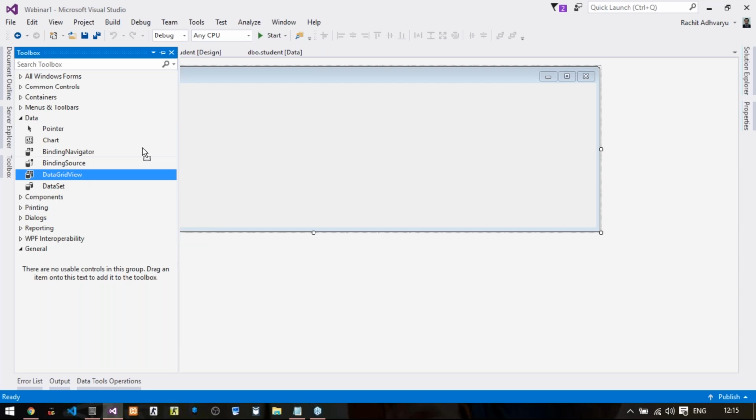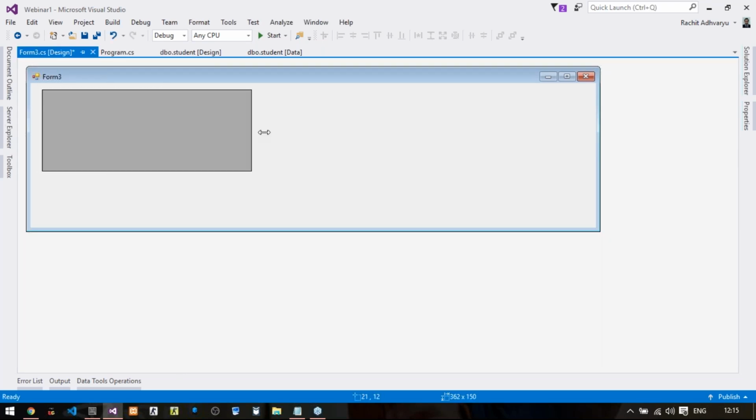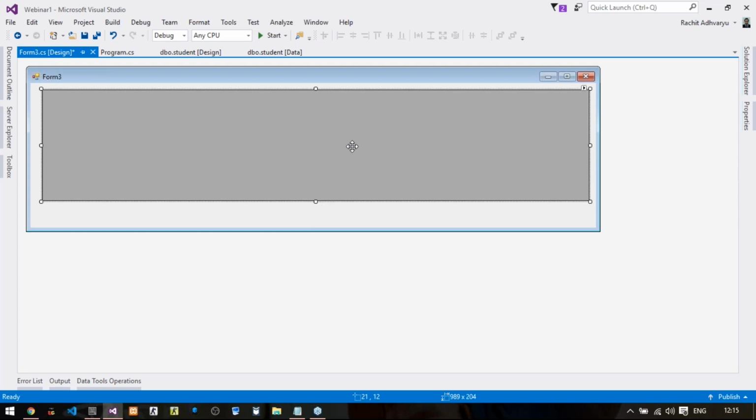I will just drag and drop here and set it as per my GUI requirement. Let us say like this. Right now, this data grid view is an inbuilt control that creates a table automatically. But right now you cannot see anything. Even if I execute this particular form, let us say form 2, and I'm trying form 3 now.